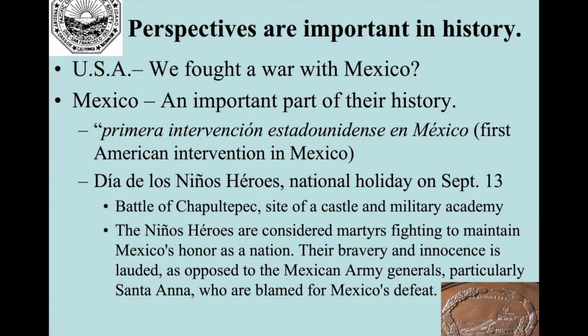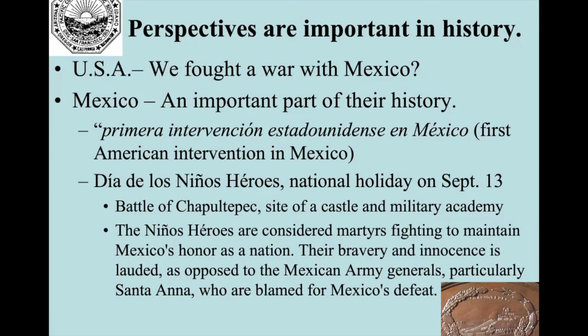And indeed, I mentioned that these cannons that Santa Anna captured are still on display. But more importantly, one of the battles that they lost is a national holiday, the Dia de los Niños Heroes, the boy heroes. Here's a picture from Scott's medal of this particular battle at Chapultepec. There was a castle there, an old castle, and the castle was being used as a military academy. The Niños Heroes died. There were, I think, 6 of them